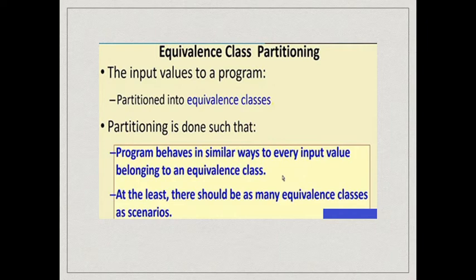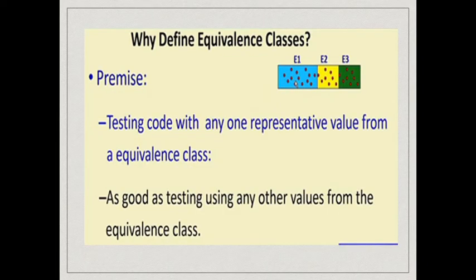From each equivalence class, we select one value to test, and if the scenarios are extremely simple, then each scenario needs one equivalence class. But normally it is much more complicated. Every scenario might need hundreds or thousands of equivalence classes. So we need to pick a value from each equivalence class, and one of the main assumptions of equivalence classes is that we want to reduce the number of test cases with which the system needs to be tested. If there is the set of all test cases that are possible in exhaustive testing, we have partitioned it into the equivalence classes E1, E2, E3.